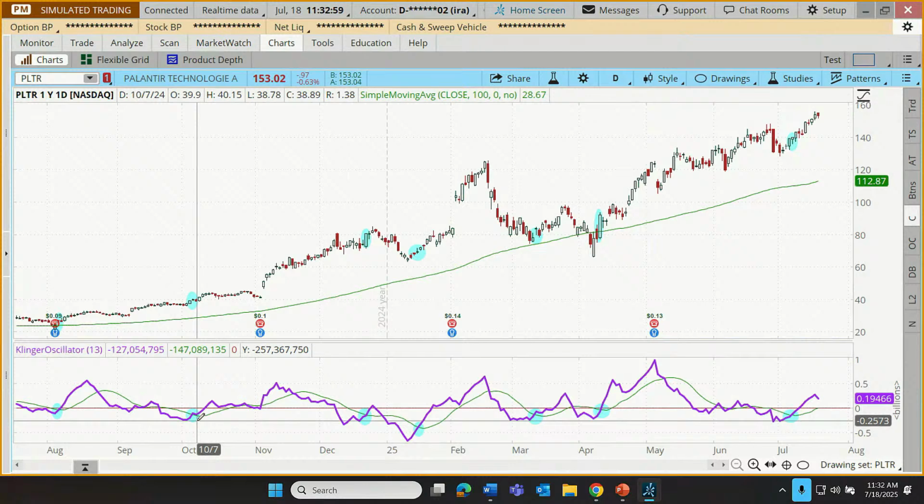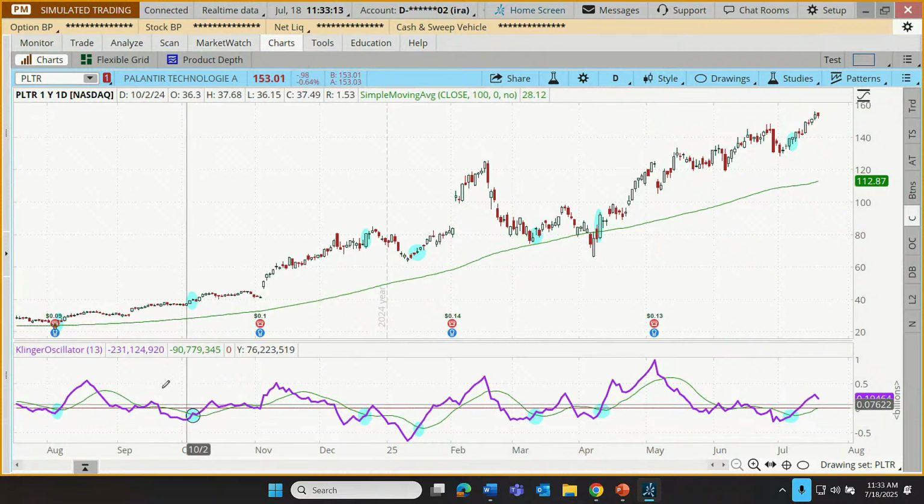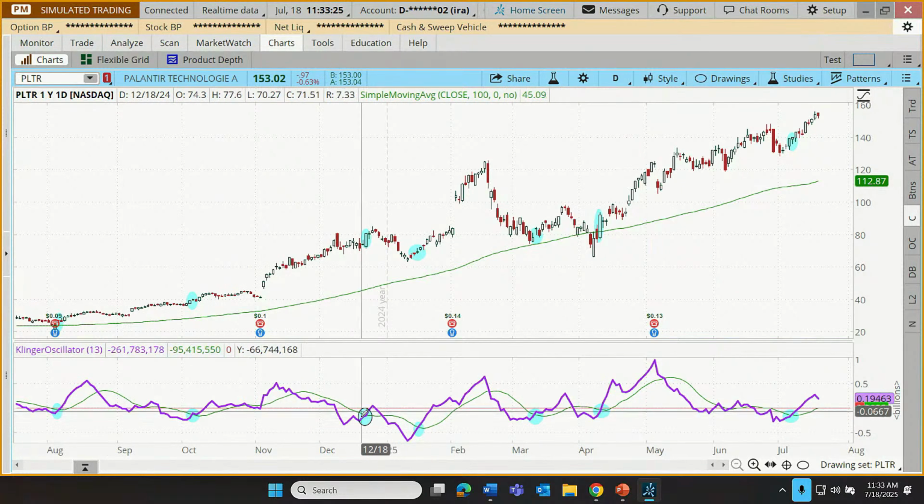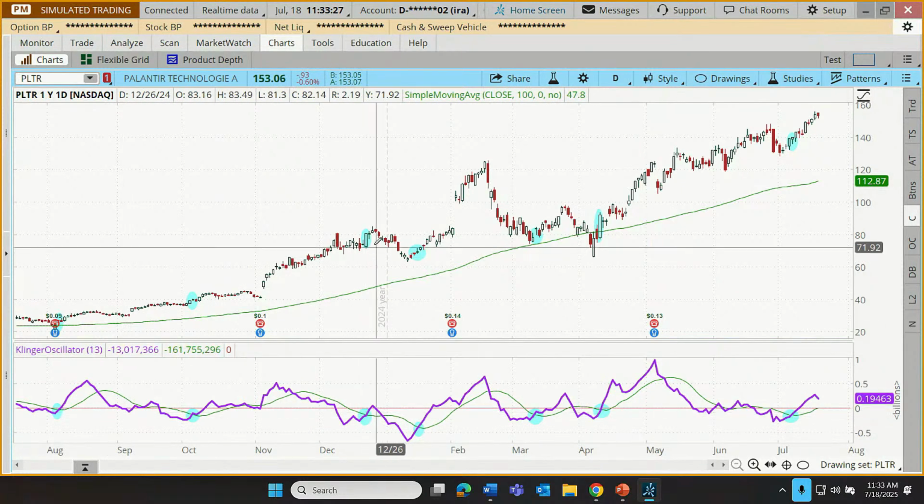The trader here is looking for things to be bearish for a period of time, hopefully dragging prices lower on increasingly negative volume and increasingly larger volatility, and then looking for a reversal of that. So we're looking for the Klinger oscillator to be below zero first, actually both oscillators to be below zero, as a pre-qualifier for even looking for an entry signal. And then when we get a crossover, that may be a signal.